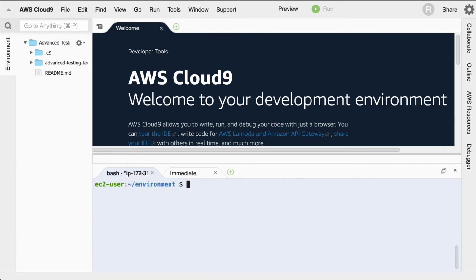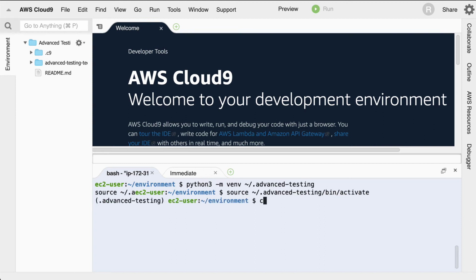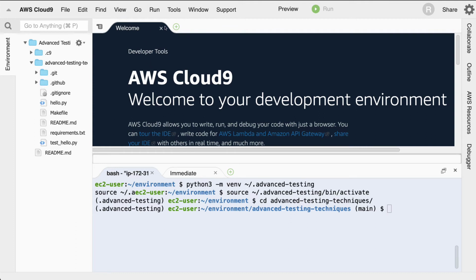And what's nice is because GitHub Actions and all that is already running, it saves me a lot of time because I know that things should work over here. And so I just need to create a virtual environment. So I'll do that first. We'll say python3 -m venv ~/advanced-testing as well. I'll source it, advanced-testing/bin/activate. Okay, now that I've got that, I can cd into that directory, and notice that this environment here from